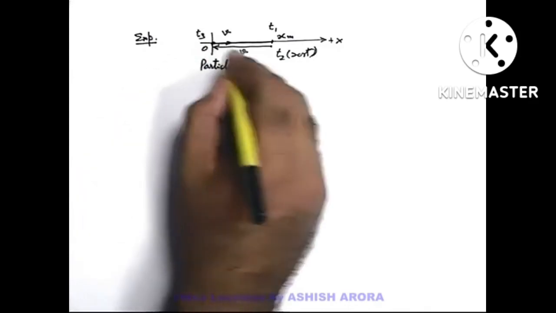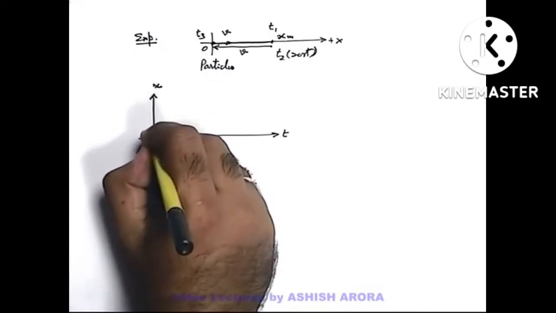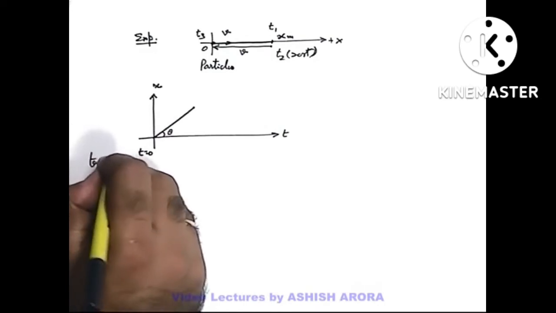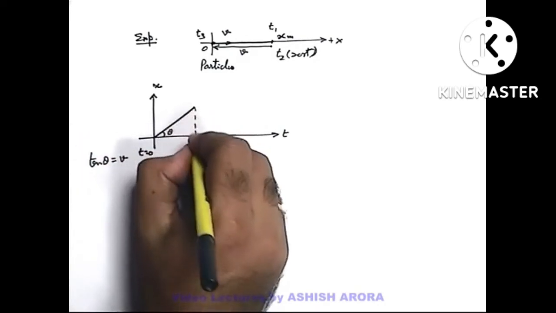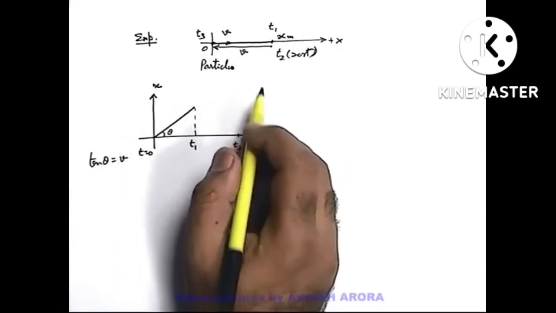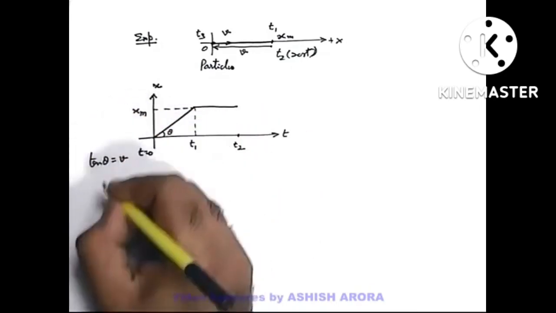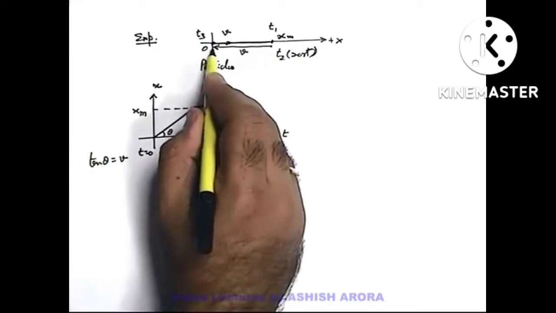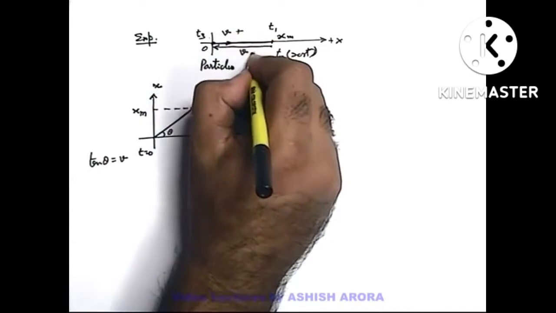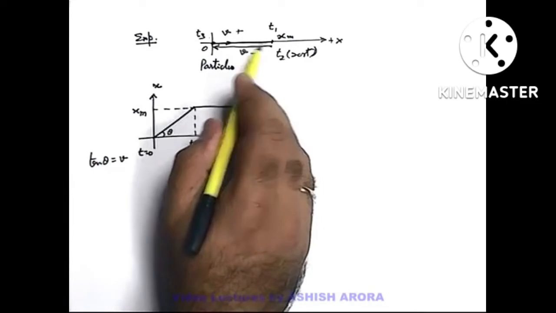Now if we draw the position versus time graph for this motion, you can simply state at t equal to 0 particle starts with a uniform velocity. Uniform velocity means the slope remains constant. Here we can write tan theta is equal to v. This was the time t1 for which the particle was moving uniformly. Then you can state up to time t2, or for the duration t2 minus t1 it remains at rest, so its position remains constant, that is at xm, and then it will start coming back. So the velocity is in opposite direction, or we can say when it was moving toward right, velocity was positive, and now velocity is negative. So it comes down, and at a time t3 it will reach the original position back.